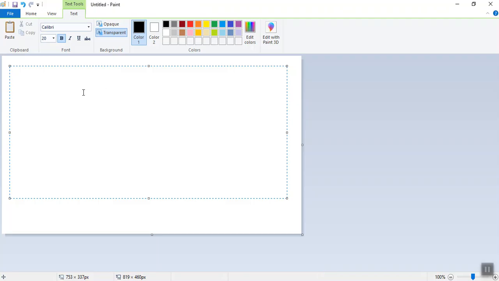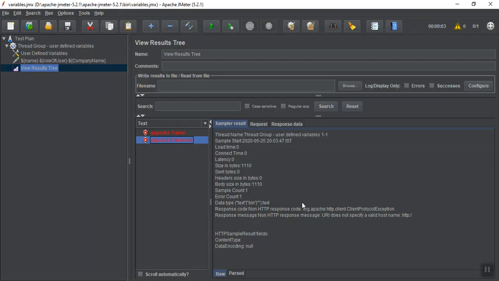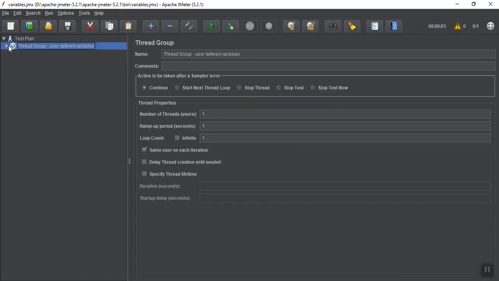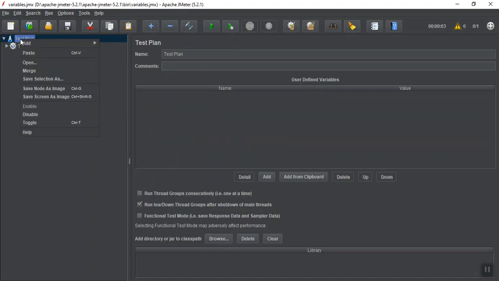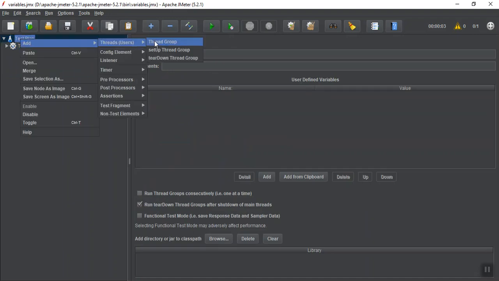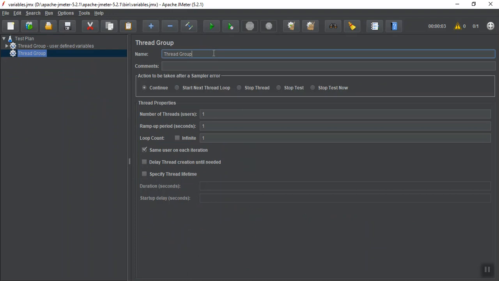The next config element which we will discuss is counter, and counter is something which counts numbers. So let's study it. Let me create a new thread group and name it counter.